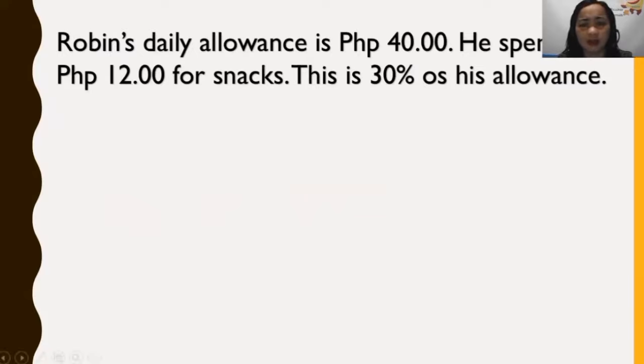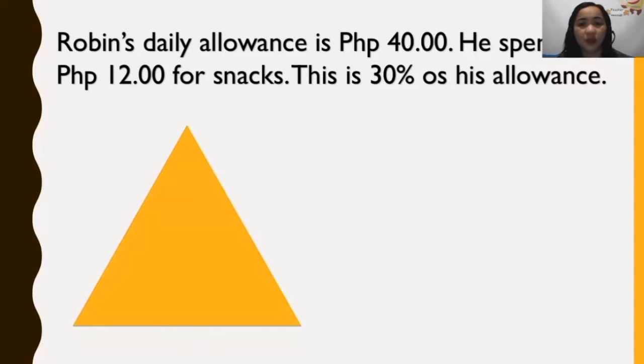Robin's daily allowance is 40 pesos. He spends 12 pesos for snacks. This is 30% of his allowance. Actually, wala namang problema dito sa ating, it is a situation or it is a given statement. So, let us analyze this situation. So, we have here